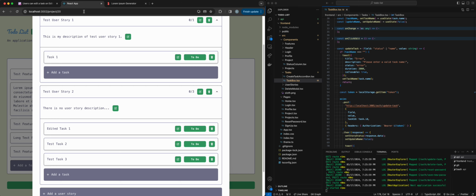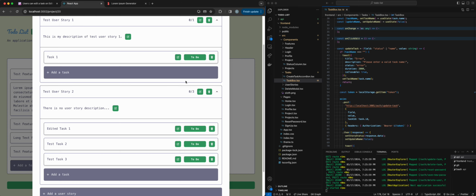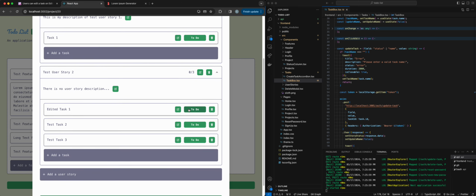I think that covers the bugs surrounding editing the task. The next thing that we're looking at in terms of editing is the task status. So it should toggle between to do, in progress, and done. All right, so let's give that a try. So if I toggle to do in progress, it moves to in progress, and I got your task has been